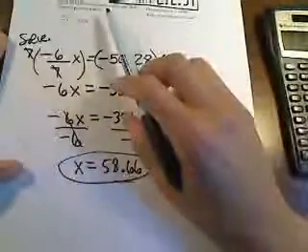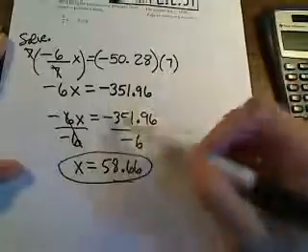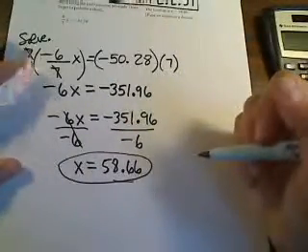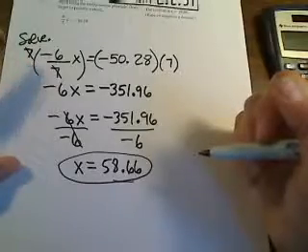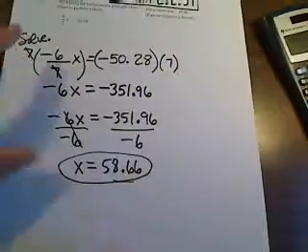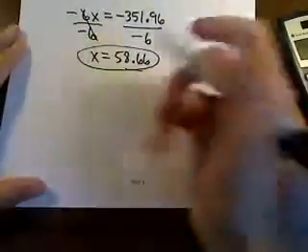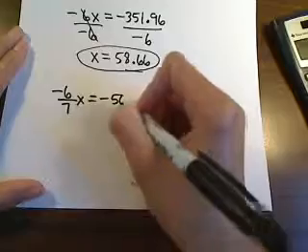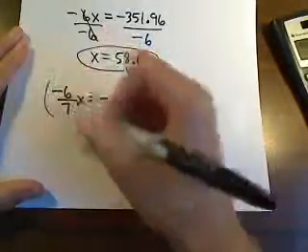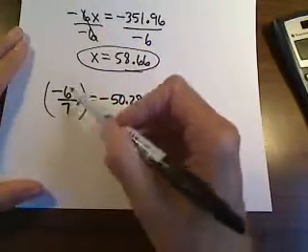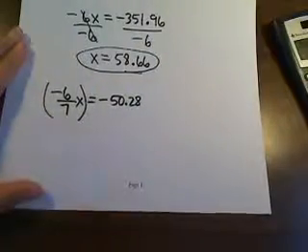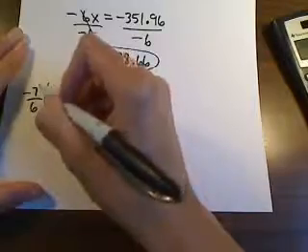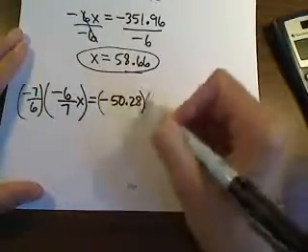Now, they did ask you to solve using the multiplication principle, and what I used is sort of like a modified multiplication principle. It's really what we do to clear fractions. But if you were going to use the multiplication principle, I just want to show you what that would look like. Really what you would do is you would say, let me multiply both sides by the reciprocal of this coefficient, and that will effectively give me a coefficient of 1. So if I multiplied by negative 7/6 on both sides,